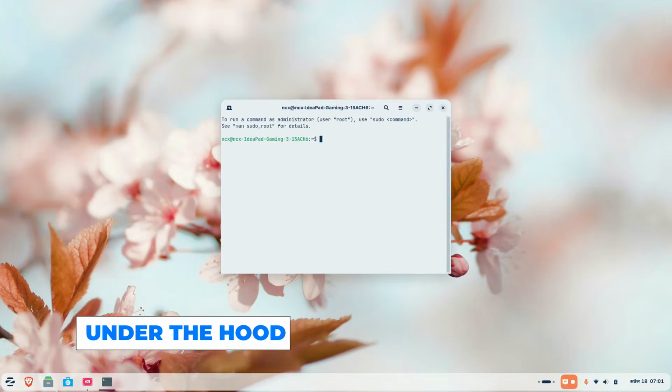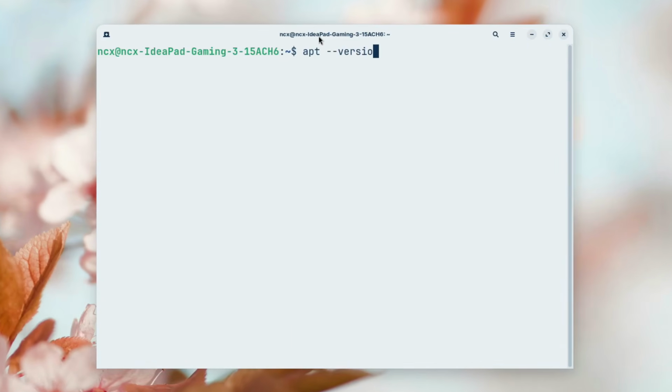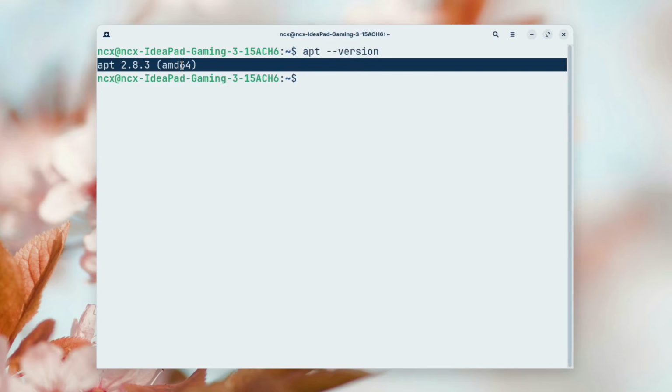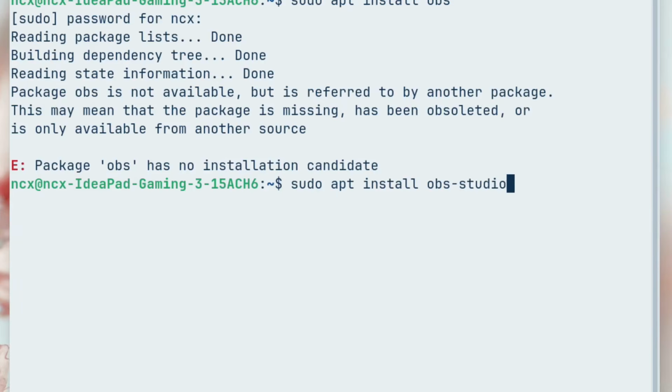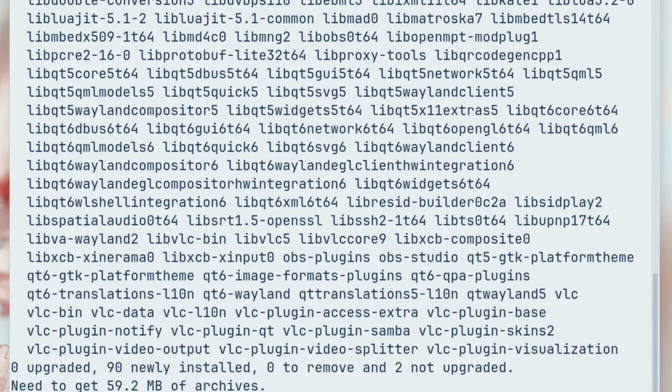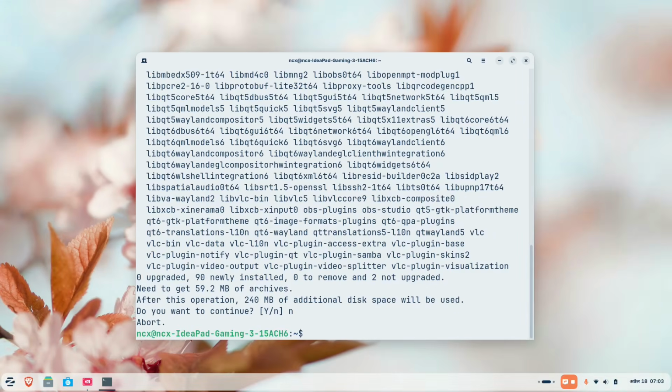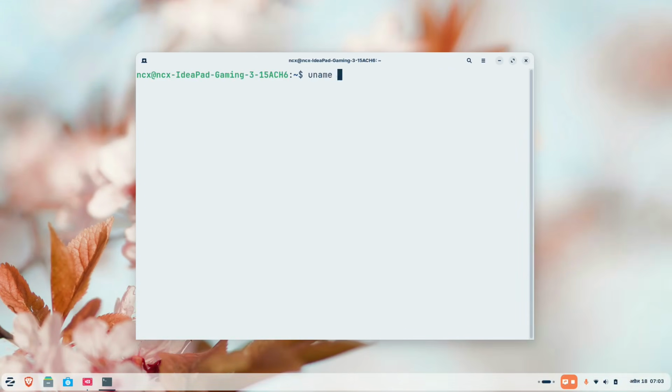Let's talk about what's happening behind the scenes. Zorin OS uses apt as its package manager, which is the same one Ubuntu uses. If you are coming from Ubuntu, you'll feel right at home. Installing packages from the command line is very straightforward. Just simply type sudo apt install, then the package name. Simple. The 18.1 update brings the Linux kernel 6.17, which is pretty recent and includes a lot of hardware driver